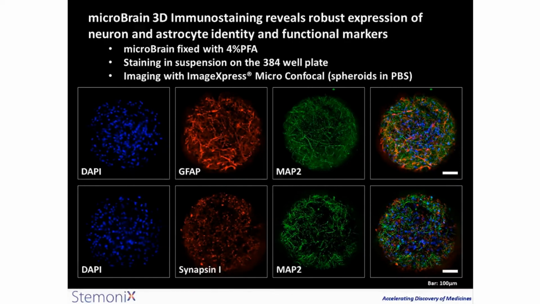So one of the first ones was immunostaining. As is highlighted here, this is a common immunostain with 4% PFA done in suspension. We use the ImageXpress Micro Confocal microscope to capture the images. So this is a Z projection of a Z-stack. But all the staining was done in suspension without the use of any special reagents. It's just regular immunoreagents that we have in the lab. Moreover, the capture of these images was also done in suspension, so we don't need to mobilize or cross-section these spheroids to capture some relevant